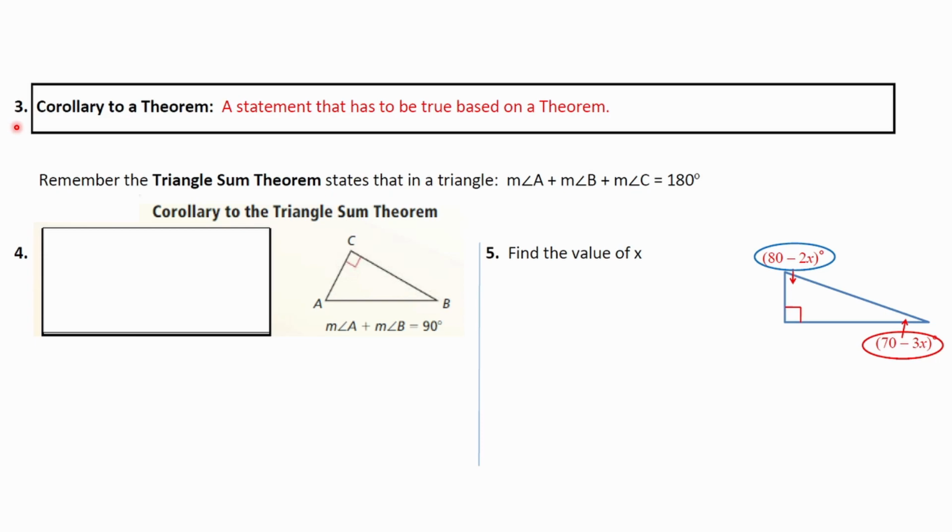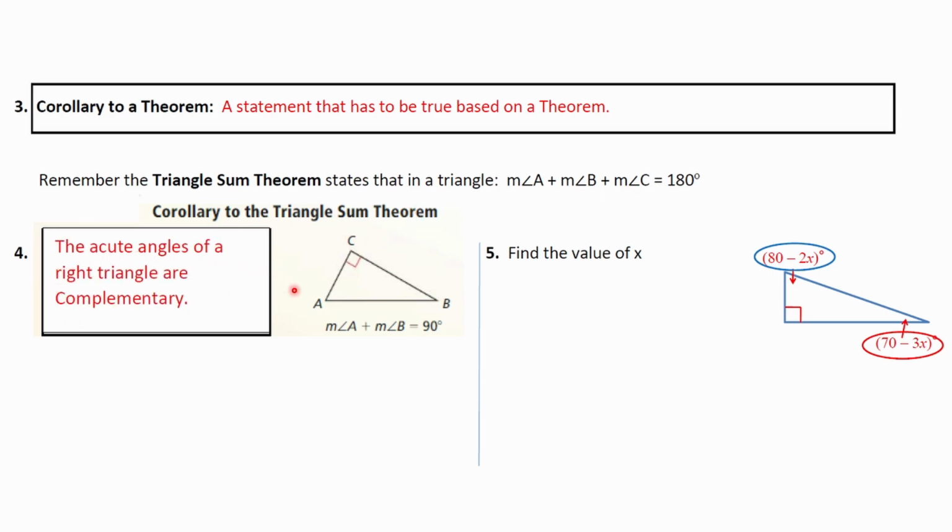So we have this idea of the triangle sum theorem, which we used in our warm-up, which is that the three interior angles of a triangle must add up to 180 degrees. That's what this is saying here, that if I have triangle ABC, measure of angle A, measure of angle B, measure of angle C, these three have to add up to 180 degrees. Well, if I know that C is a right angle,